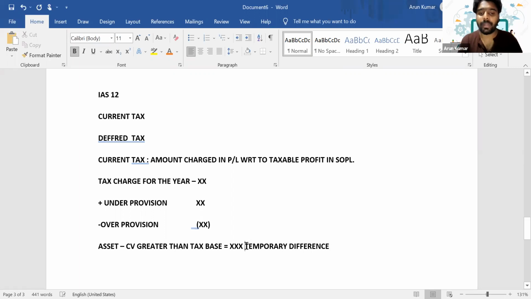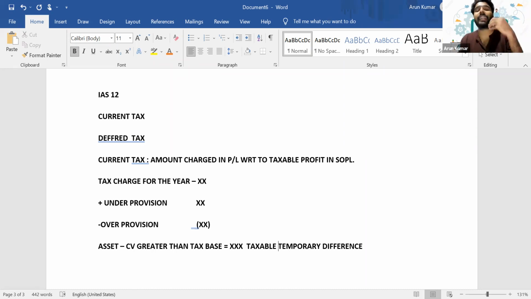But this temporary difference will be taxable in future. So this is known as a taxable temporary difference. So always understand that whenever it's an asset, and there is a temporary difference, we need to check whether it's taxable or deductible. If the carrying amount is greater than the tax base, literally we have to pay. Now it's like a benefit for us because we are getting more allowance. But we'll only get this allowance for 8 years. In years 9 and 10, we are not going to get the allowance. So during that time period, we have to pay extra tax in years 9 and 10. For now, we may feel it's like a benefit, but in future, we have to pay extra tax there. Are you getting it?